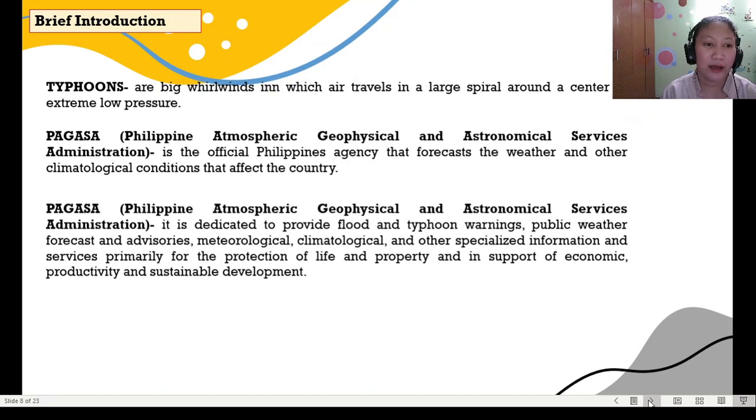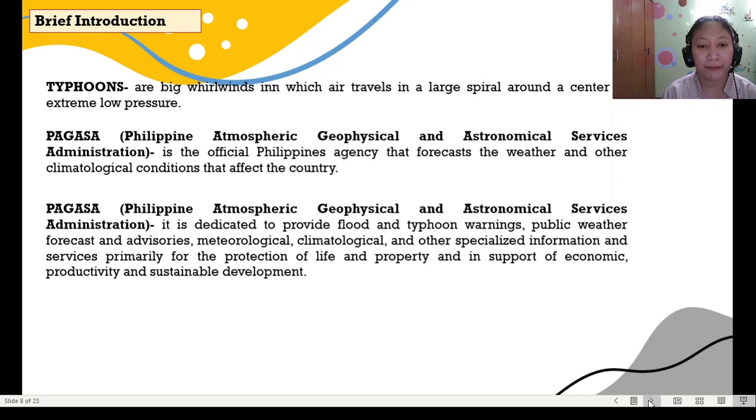PAG-ASA is also dedicated to providing flood and typhoon warnings, public weather forecasts and advisories, meteorological, climatological, and other specialized information and services primarily for the protection of life and property and in support of economic productivity and